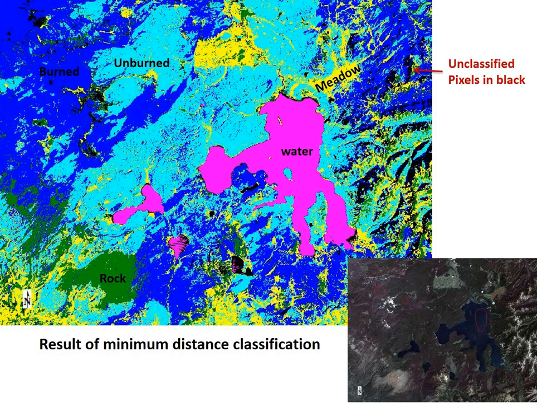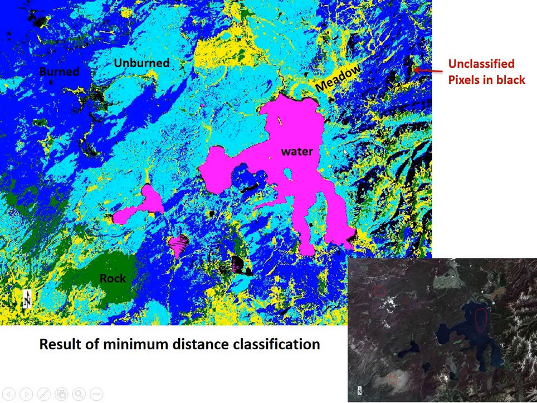Okay, and just to quickly bring it back to what we are doing, we've talked about 2 of the algorithms so far. And so here's an example of how that might play out. We ran a minimum distance classifier on our Yellowstone image, and we can see that water was very well classified. Pink pixels only fall in the lakes, they don't fall anywhere else. Maybe meadow did pretty well, but burned versus unburned here, blue versus kind of light blue, you can see there's a lot of scatter in here, and there's some meadow in here, so clearly there's a number of pixels that haven't been